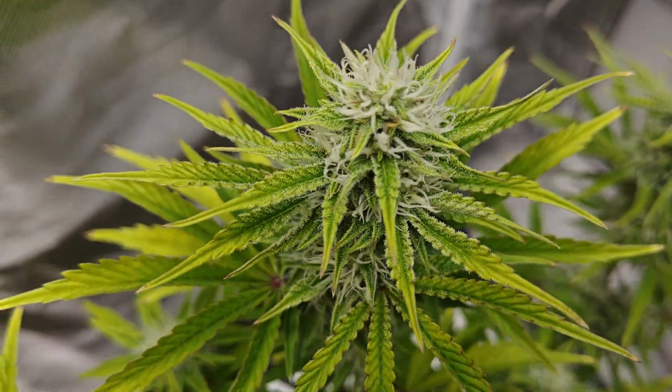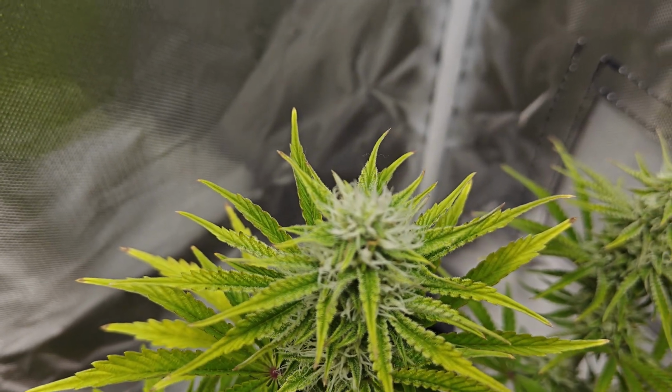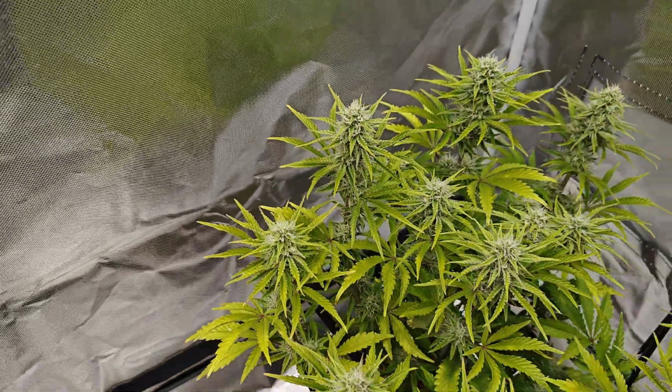Nobody likes that. So if you look at the tips of the leaves, I'm starting to get a little bit of purpling. I can't tell completely if it's out of nutrients or if it's just purpling out. I do stress these plants with quite a bit of light. I'm hitting her